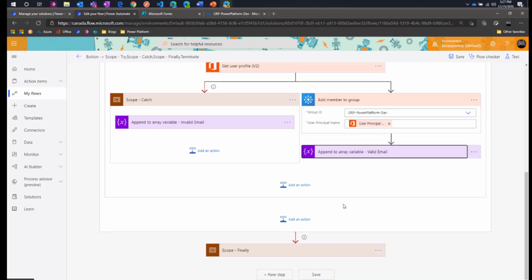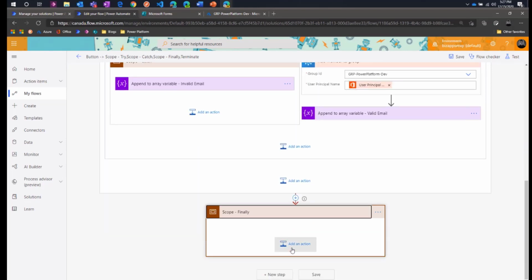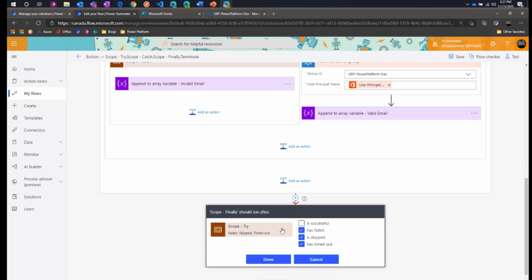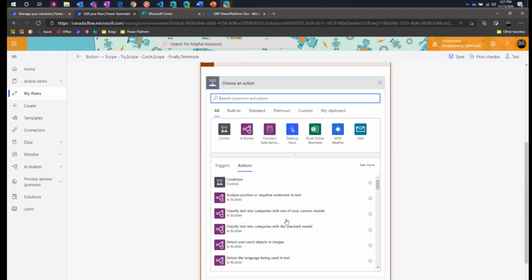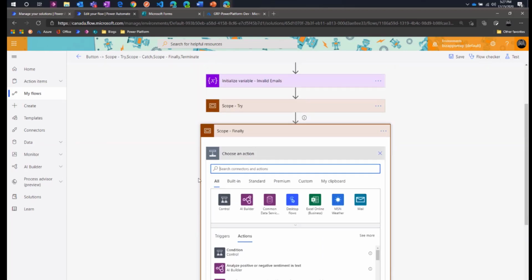The reason why I want to do that is because this is where finally would work for my use case. Again, I'm going to confirm. Right now it's not set up properly, so there we go. Now basically I want finally to run no matter what. I want it to run when it's successful, failed, skipped, or timed out. So in this case, what I want to do